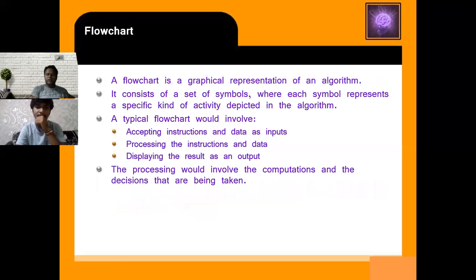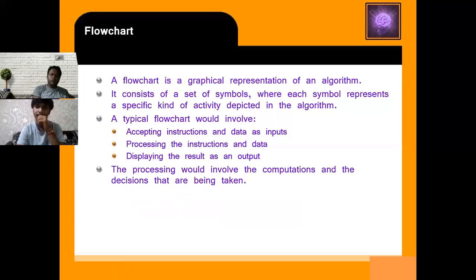Then we come to the flow chart. A flow chart is a graphical representation of an algorithm. It consists of a set of symbols, where each symbol represents a specific kind of activity depicted in the algorithm. A flow chart is just like a diagram.